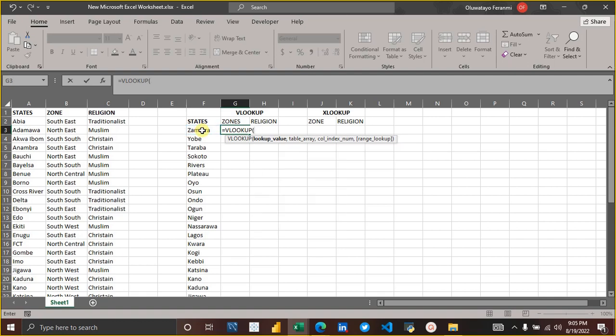Remember, if you type Zamfara like this, it will work. Excel is not case sensitive, so you can type in small or capital letters. But then you have to type Zamfara, Yobe, Taraba, and everything. So this is why I always say it is a bad approach to type. Instead, you can always reference. So Zamfara,